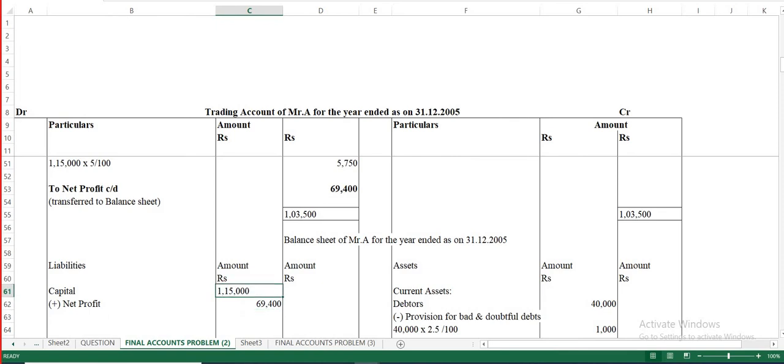You have to add up these two and find out the value first of all. So what is the answer? 1,15,000 plus 69,400. So your answer will be